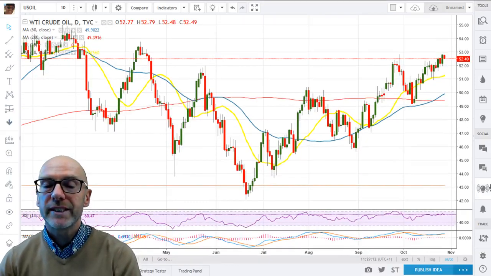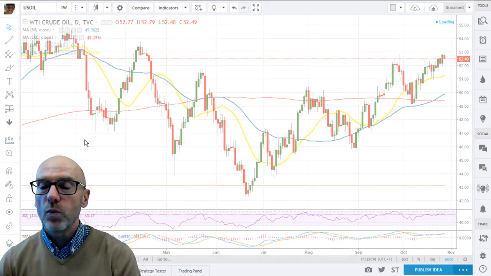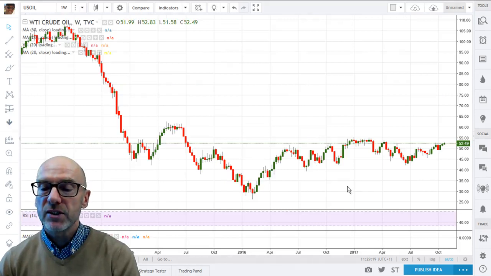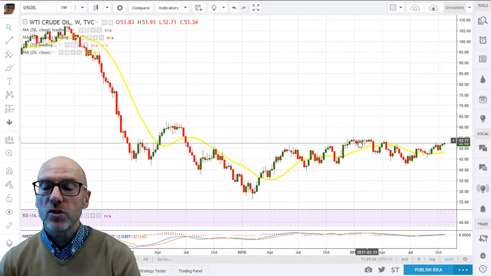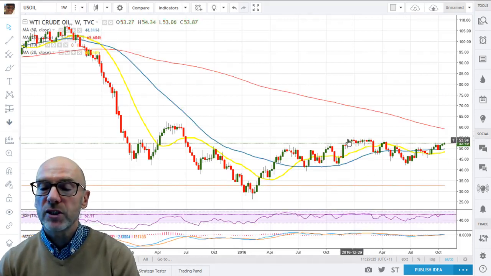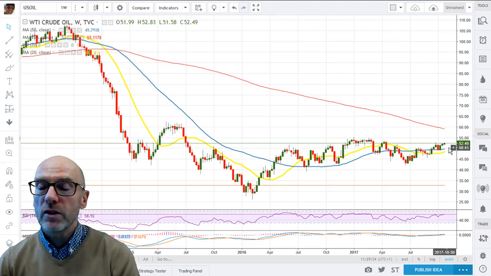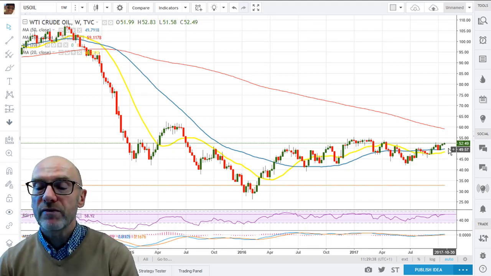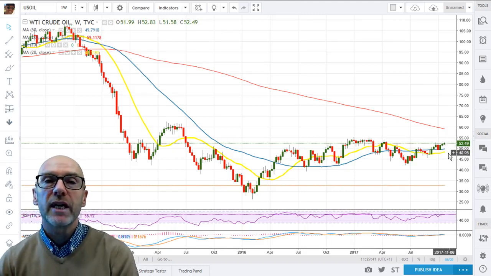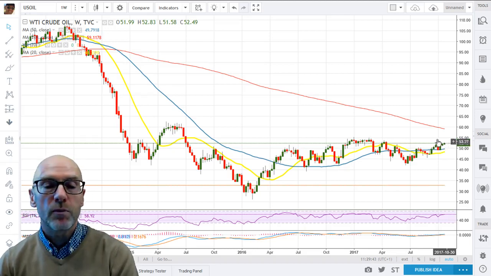Moving on to commodity markets, and here we've got oil. Let's look at the weekly. On the weekly, you can see that we're still not broken through this long-term resistance line, which is seen at about 50 up to 54. Quite good that the 20 is now moving back up. It will rise through the 50 in a week or two. That could then give the impetus for the break upwards.